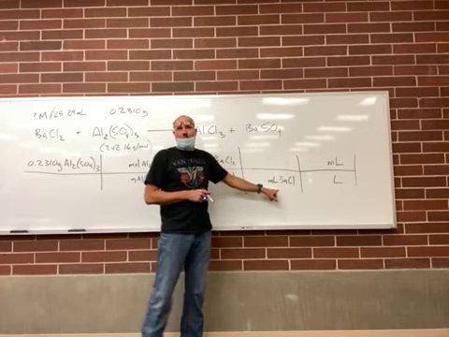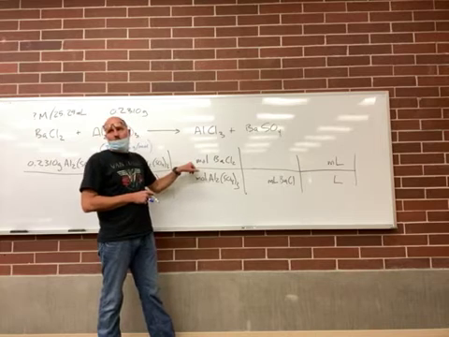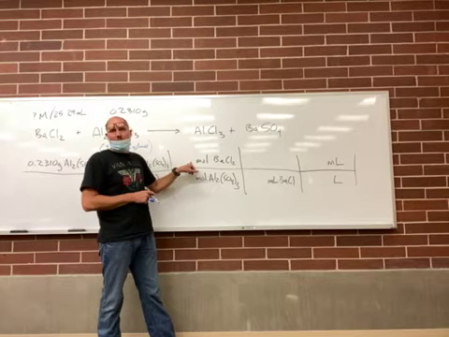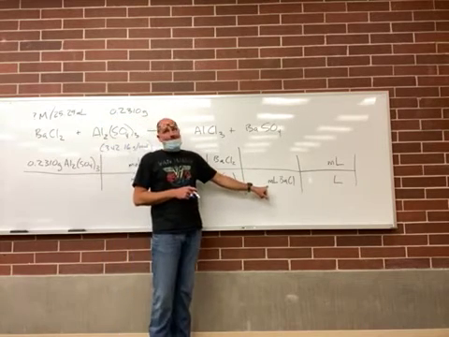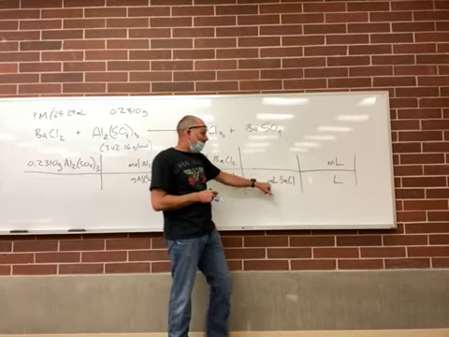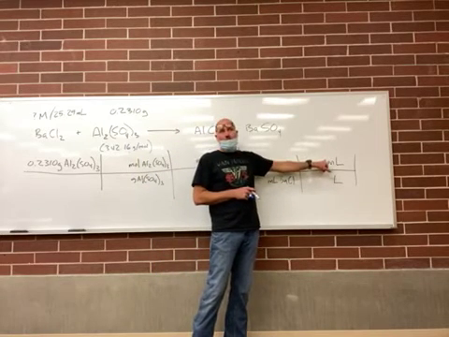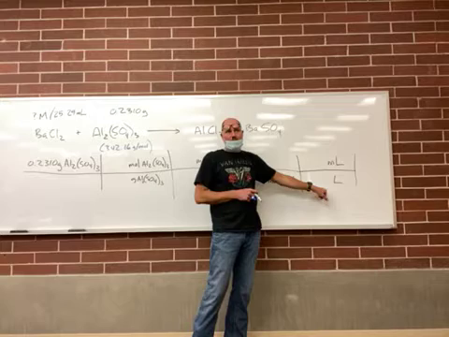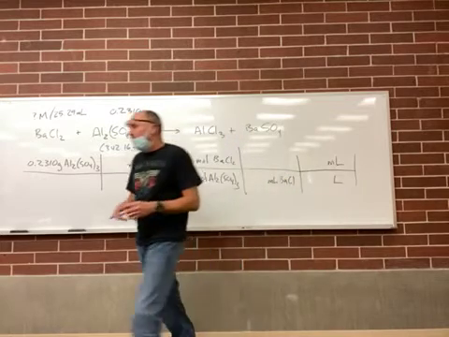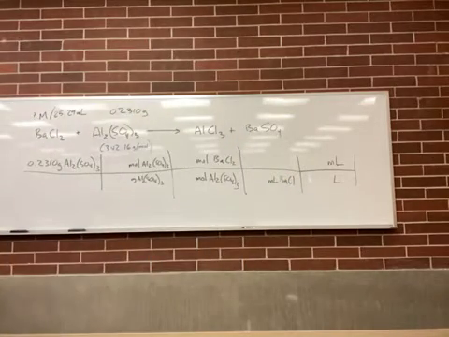I don't want it to cancel because I want to be left with moles. So good, moles are going to stay. So milliliters, I don't want milliliters, I want liters. So milliliters of barium chloride, milliliters per liter. Does that make sense? So in the end, if everything crosses correctly,